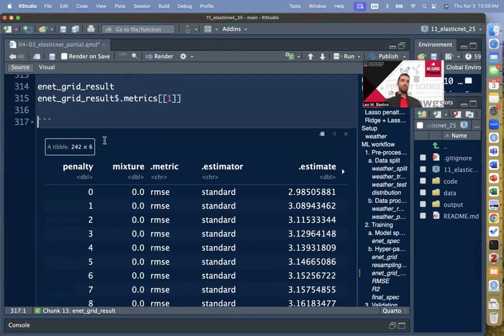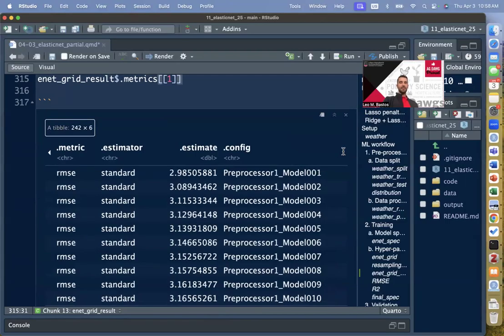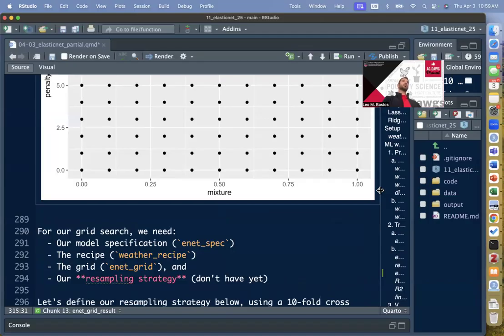So here, on that first matrix of the first fold, we have 242 rows and 6 columns. There is a column for penalty, one for mixture, one for metric, one for the estimator type, one for the estimate, and then config. So what this is doing is basically, for that first fold that had 90% of the training to train and 10% to assess,